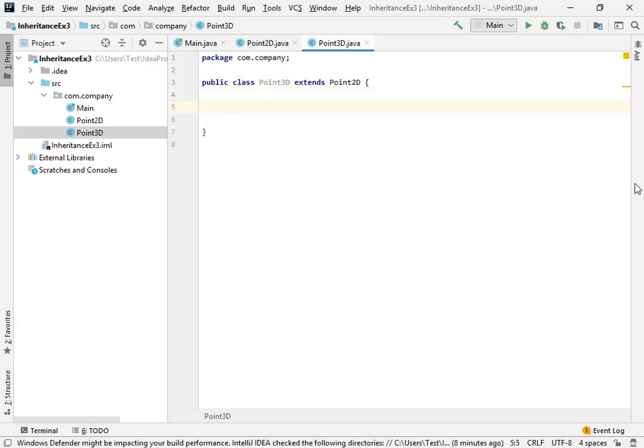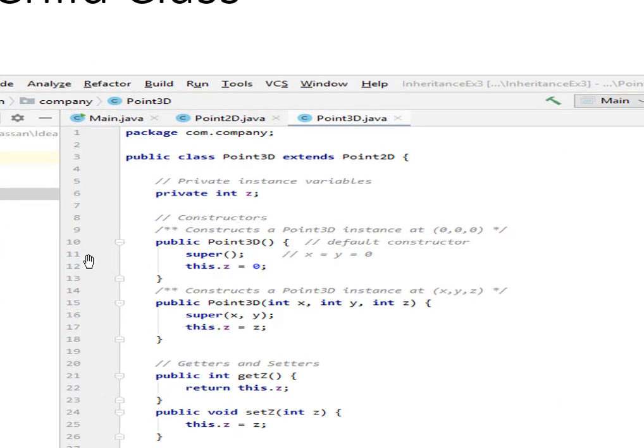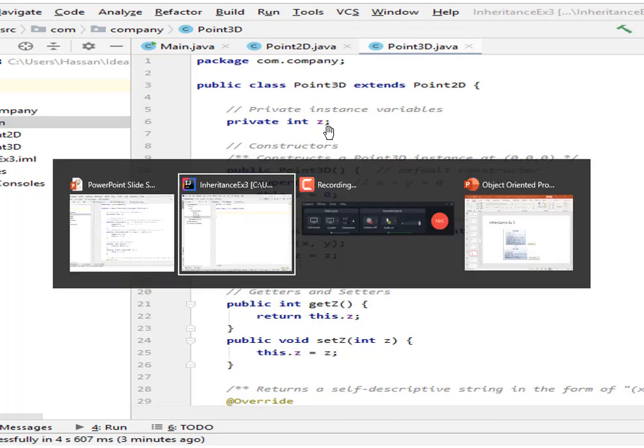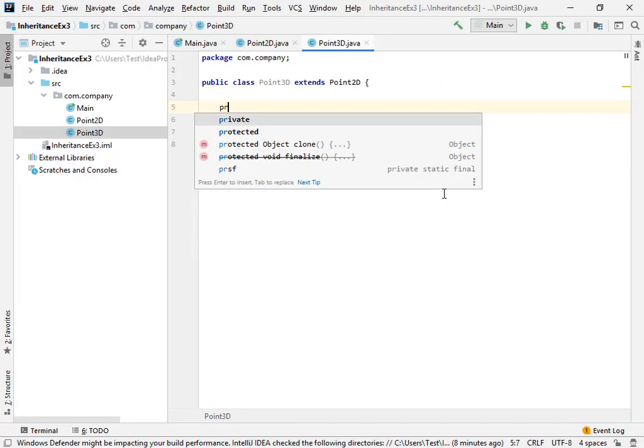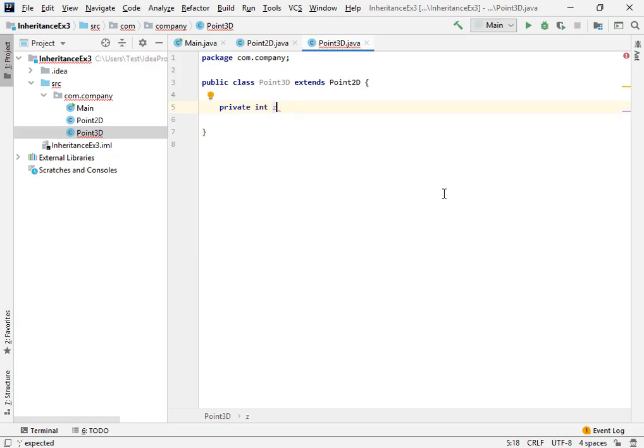Okay, so inside this class Point3D, we're gonna follow that particular diagram which I demonstrated to you. We're gonna make the specific parameter which is available within 3 dimensions, that is z, along with x, y. Z is the third dimension in a 3 dimension point, right?